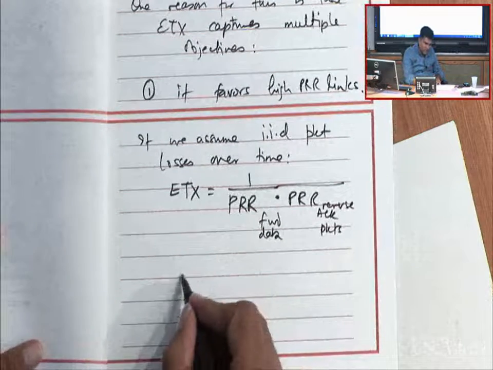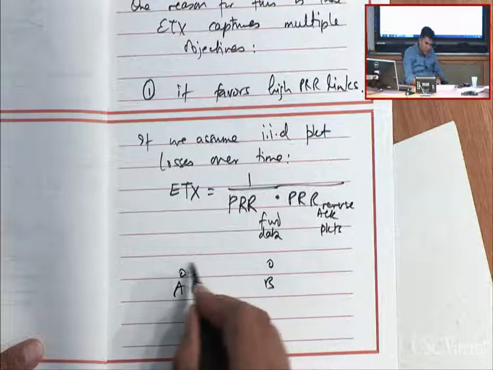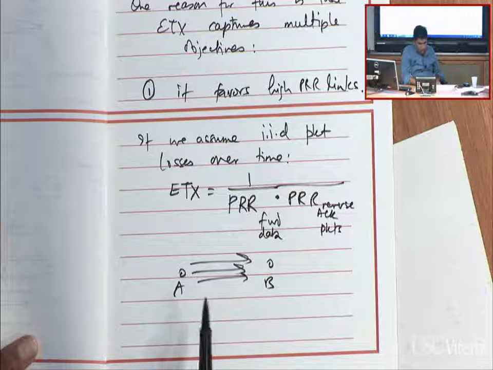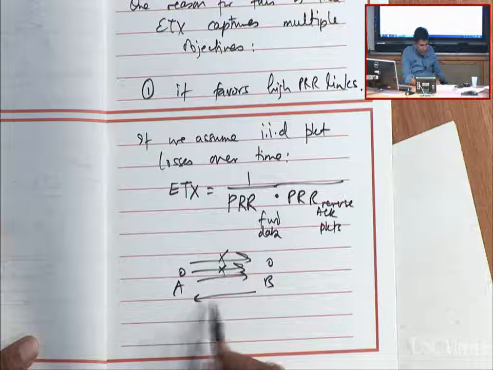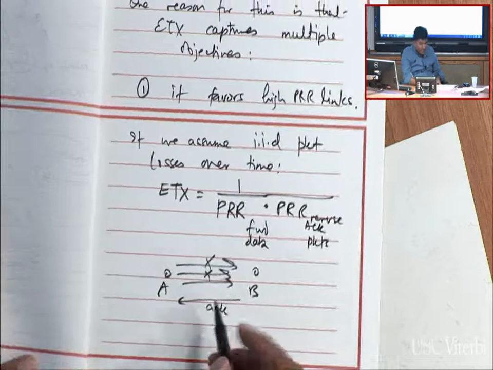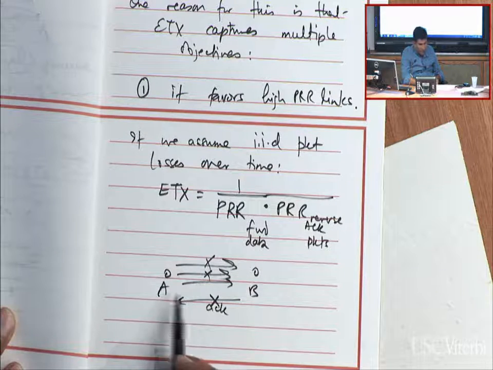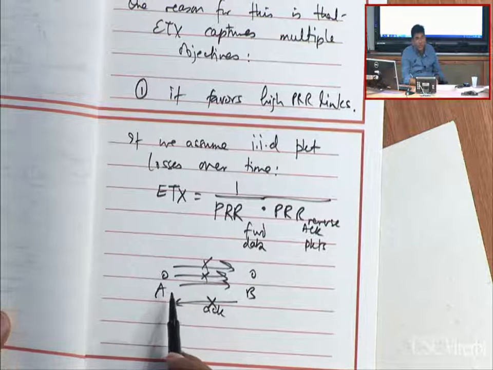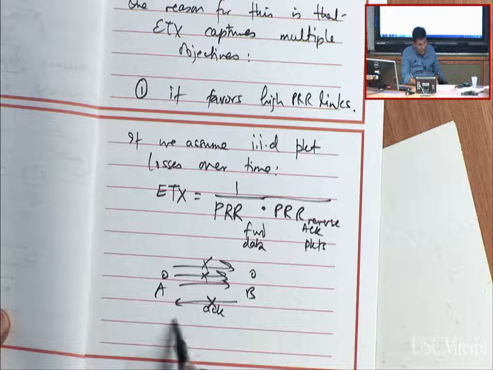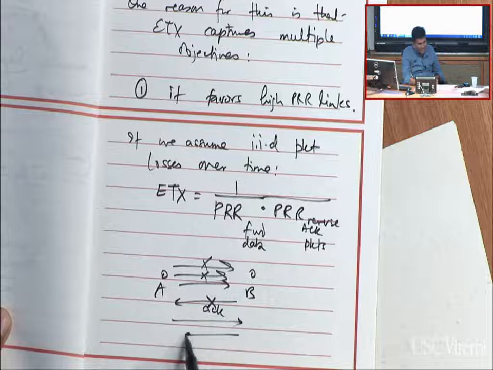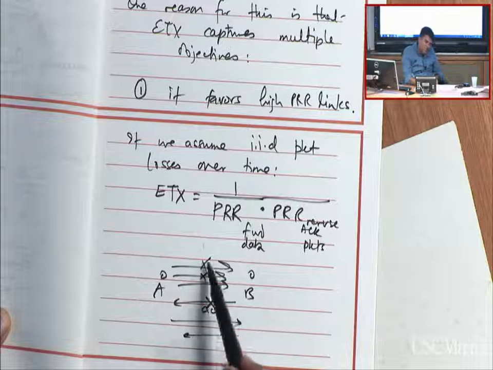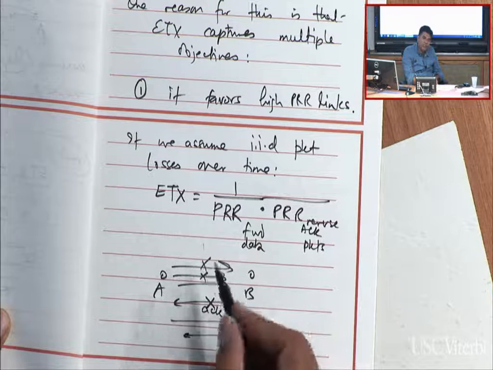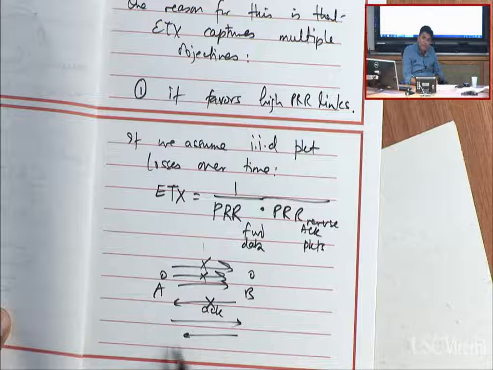So if I have a node A that's talking to node B, it's potentially sending a bunch of packets in the forward direction, and then in the reverse direction you get an ACK. One of the things that can happen is that your ACK might also fail, and if you don't hear an ACK from A's point of view, it doesn't know whether it got through or not. It's going to have to send the packet again, and until it gets a successful ACK, it's going to keep doing it. So if I want to count how many times in expectation I transmit before I get something back,